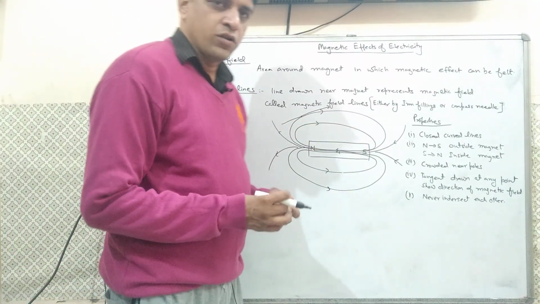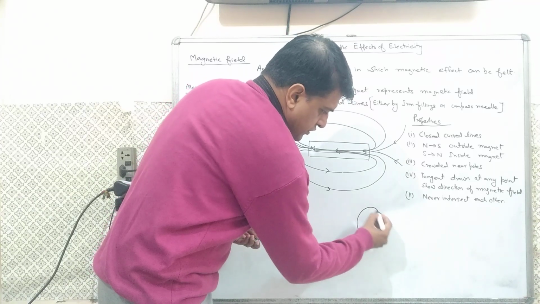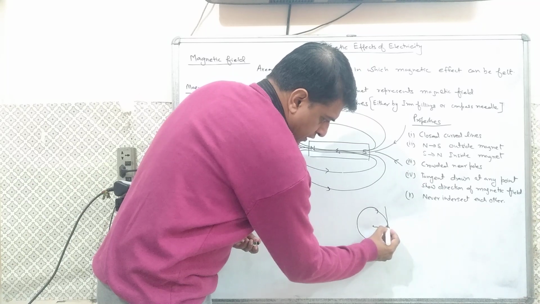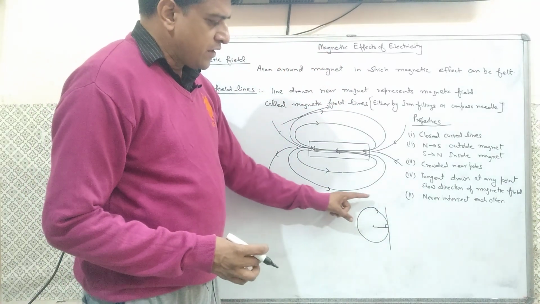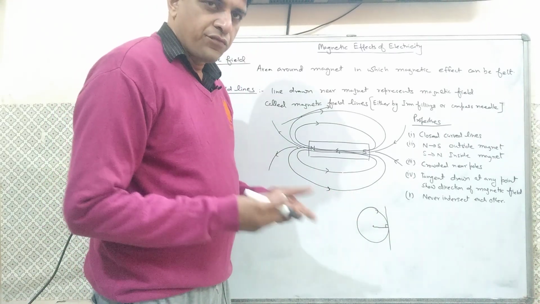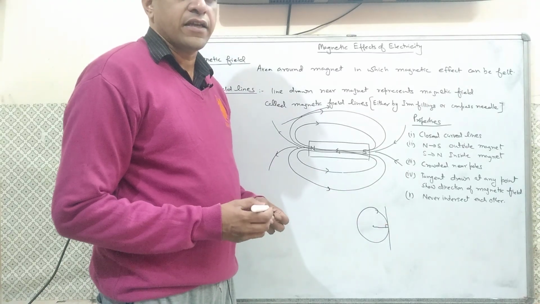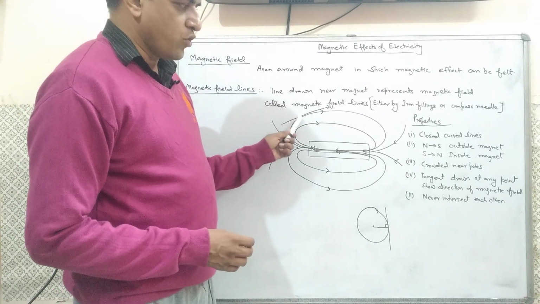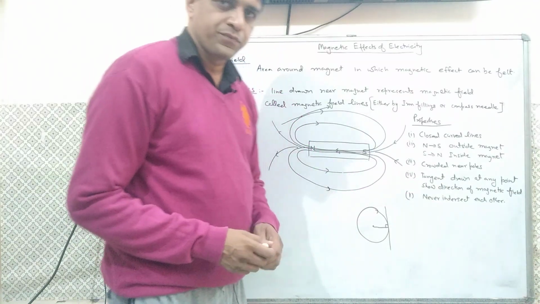Tangent, you already know, is the line which touches the circle from outside and always forms 90 degrees with the radius. According to geometry, a tangent is the line which touches the circle from outside at the circumference and forms a 90 degree angle with the radius. And this is the same tangent we have drawn, and it always shows the direction of the magnetic field.